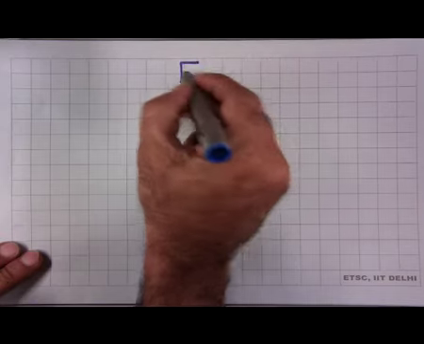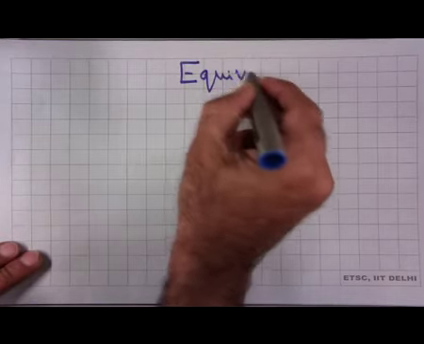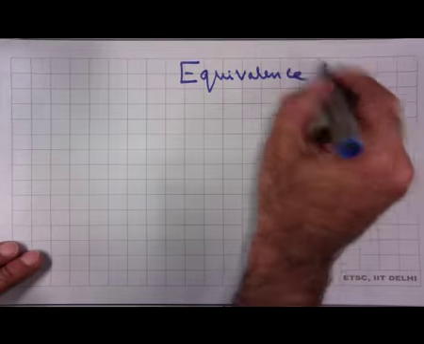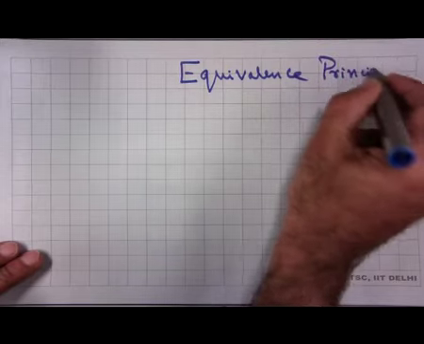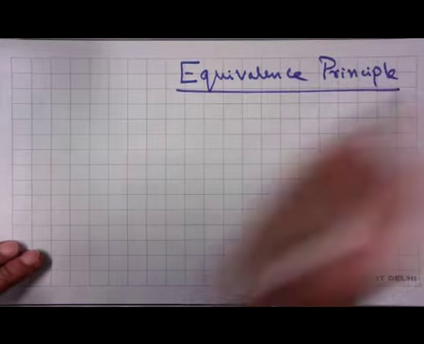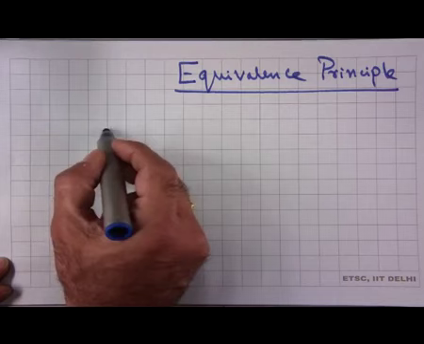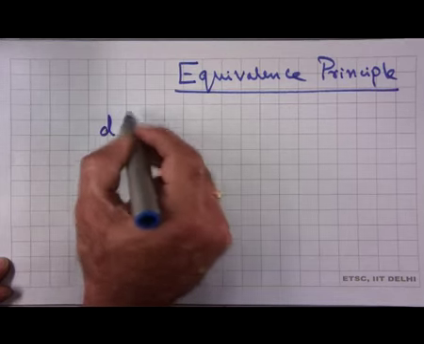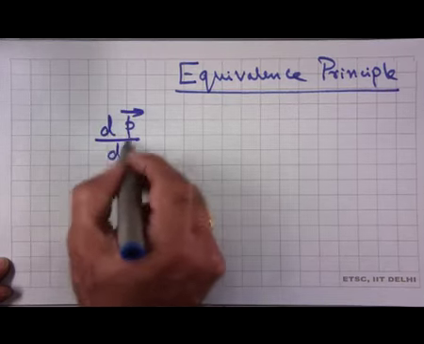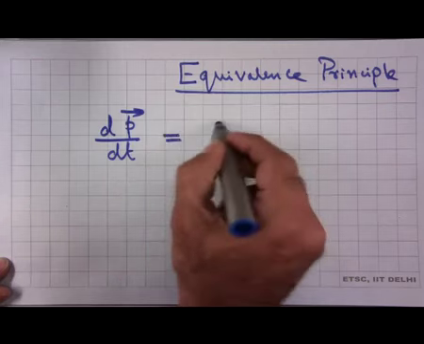All of you have used this without paying much attention perhaps to the mystery of the whole thing. So in order to formulate equivalence principle, let us start with Newton's equation, second law of motion, and let me illustrate what is happening. So Mr. Newton tells us that the rate of change of momentum of a body is equal to the applied force.